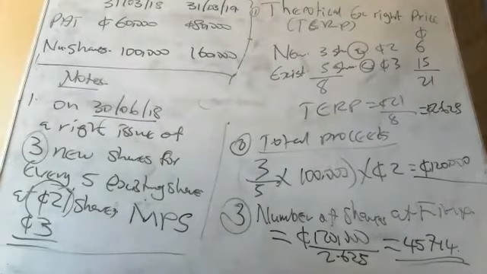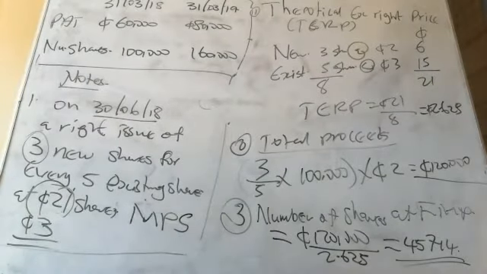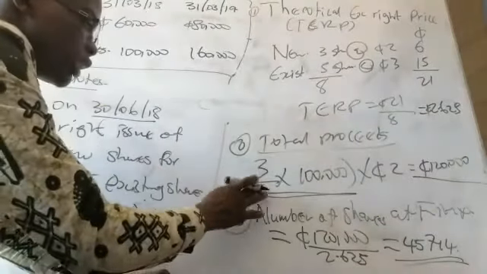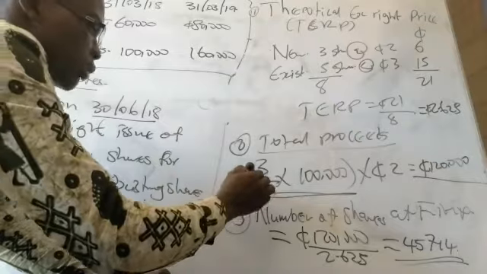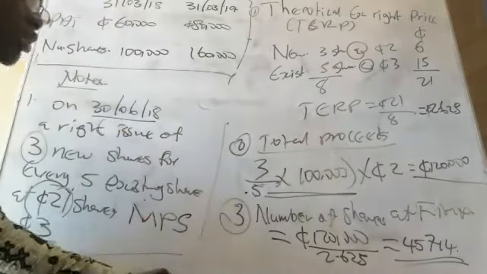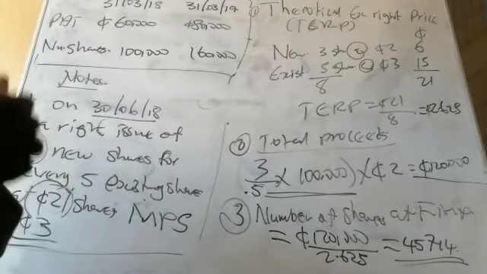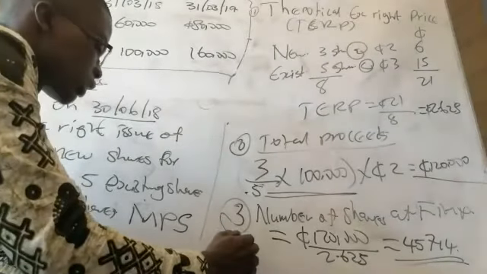How many shares issued? We issued what? 60,000 shares. Yes, this is the number of shares. From here to here, the number of shares. That's 60,000. So what will be the bonus element? You can find me the bonus element. So the bonus element